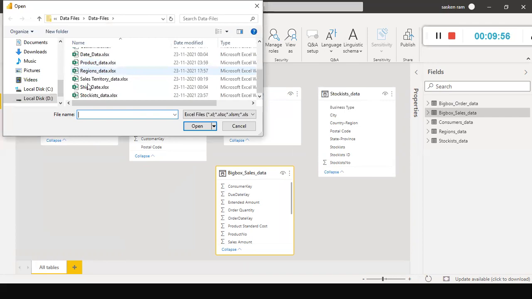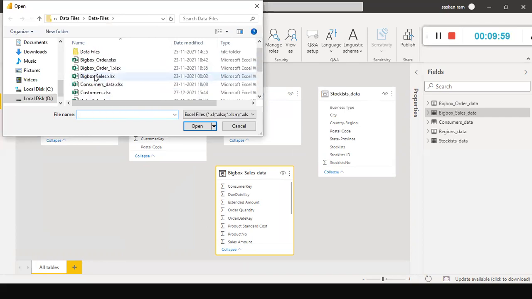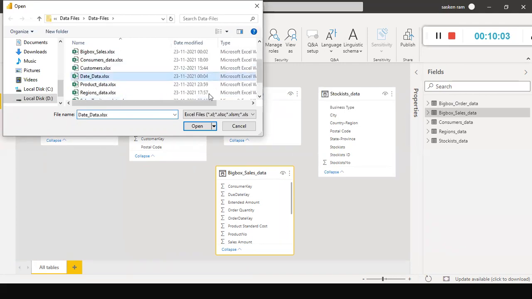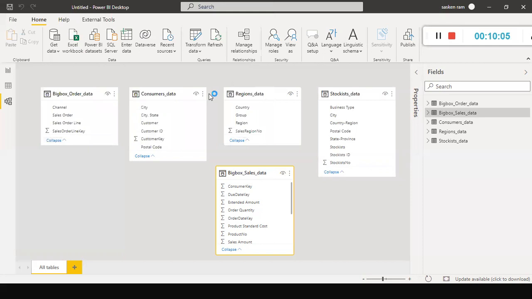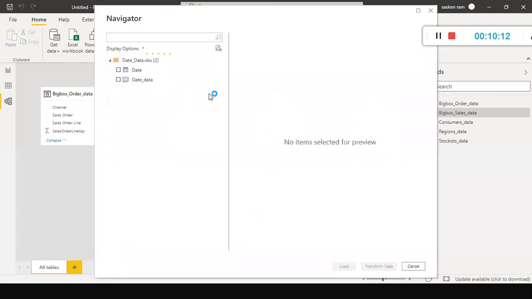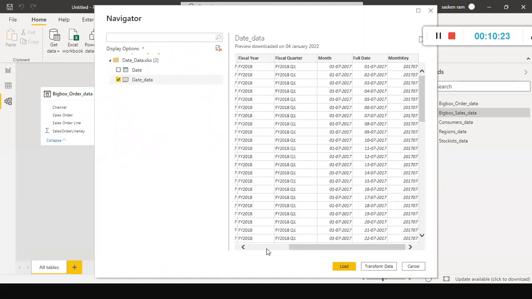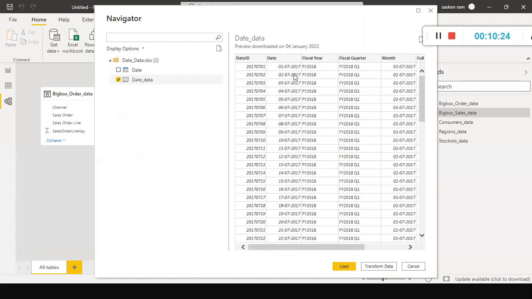file also. In my case, the date is available in a separate file itself. We don't have to create the date manually. The data related to the date dimension is available in a separate file. It's already available. Hence, it makes your life easier. Otherwise, you have to create a table like this manually. In the case of our data model, you need to have a date dimension.